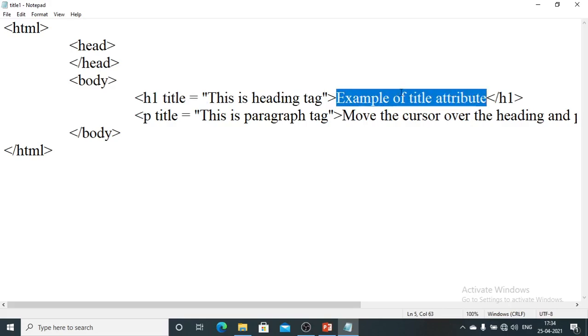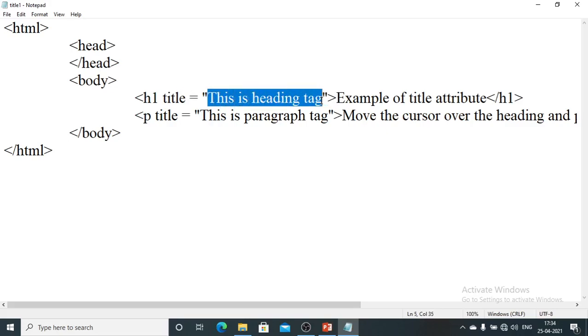So some content is there, some description is there. In future we may write many complex programs wherein a third person who is verifying our document may get confused about what a particular programmer is trying to implement within the website. So if we use this title attribute, it will provide the description of what he is using the document for, or what he is providing a particular paragraph for.